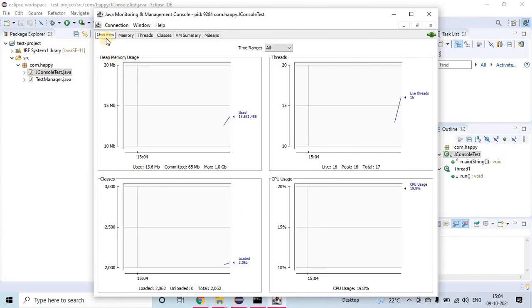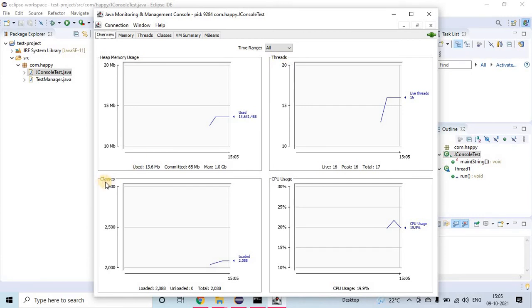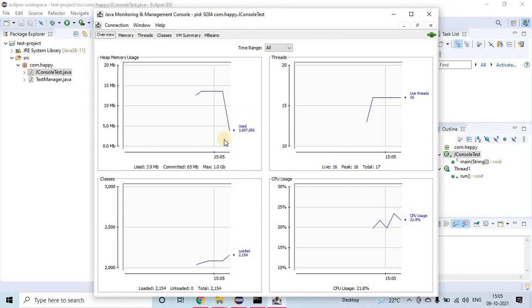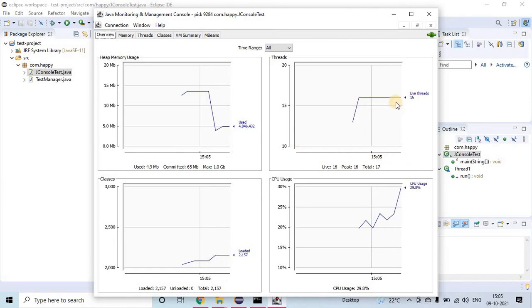If you see in the overview, there are four boxes, four metrics: heap memory usage, threads, classes, and CPU usage. It will show how much memory is being used, and every 5 seconds it will show a graph. Here also, you can see the number of threads alive and how much CPU has been used.